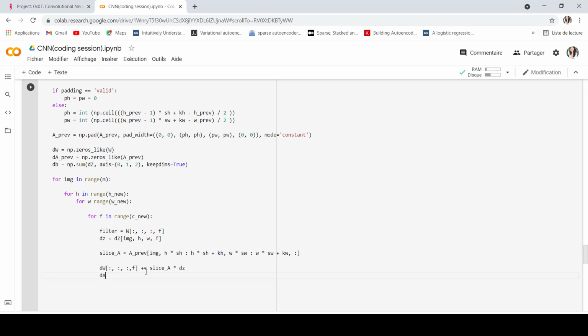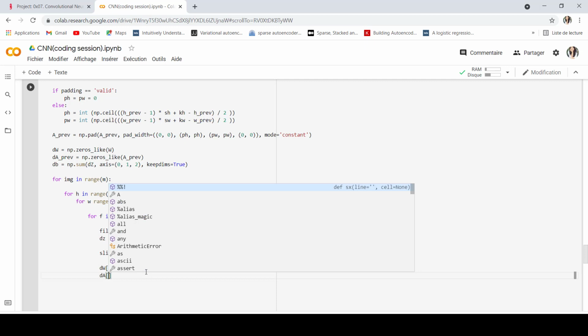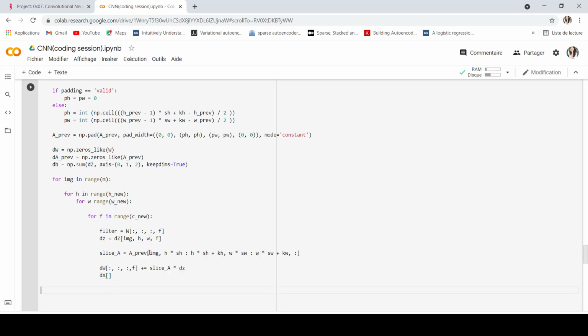Now dA, like I said also, here dA, I'm going to fill it slice by slice. So I'm going to specify what slice I'm working with. So it's going to be this slice here, plus equals dz, which is the integer, times the feature, or the feature times dz.